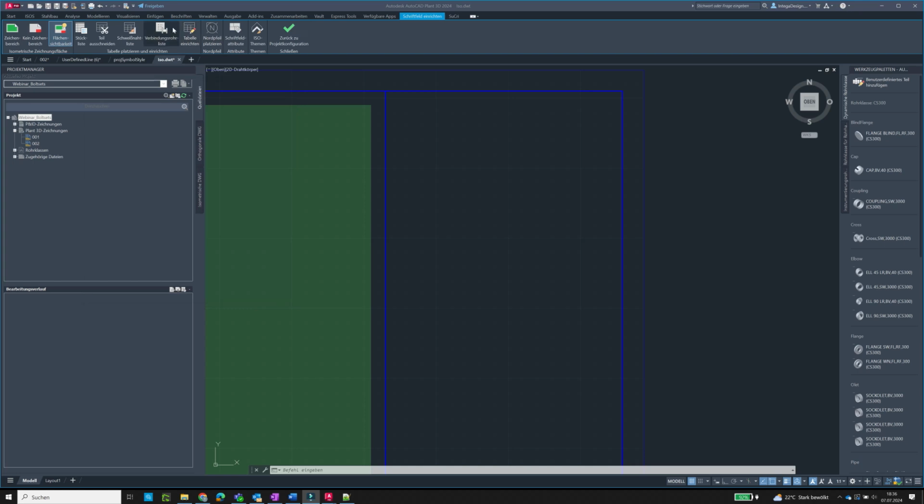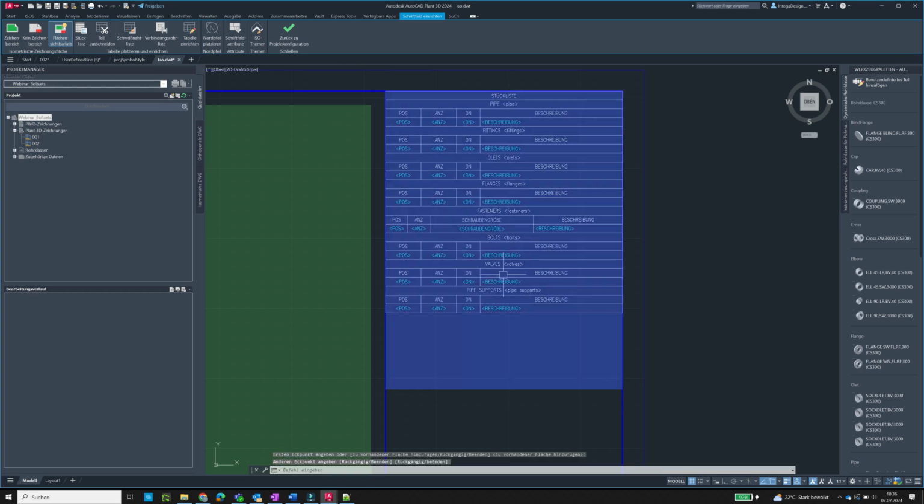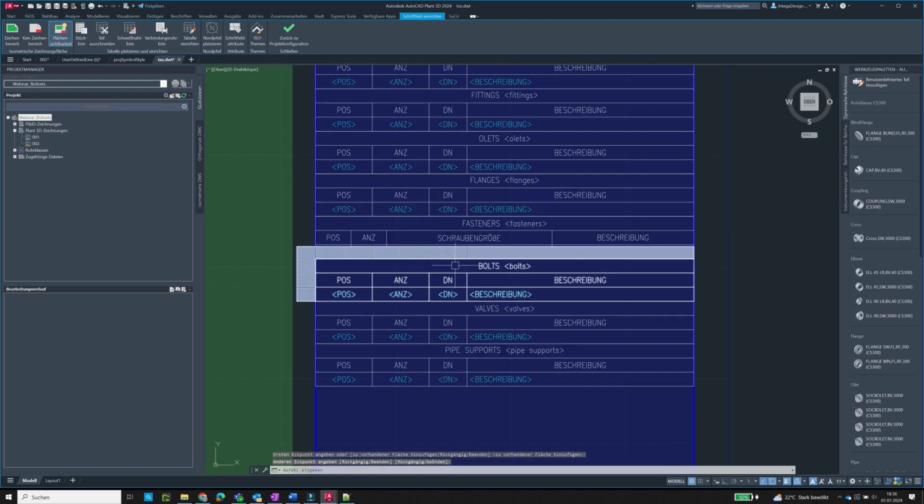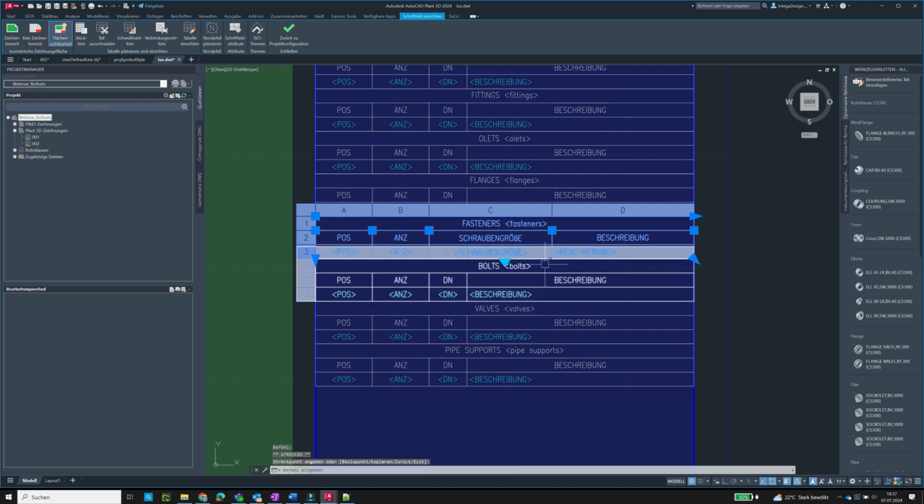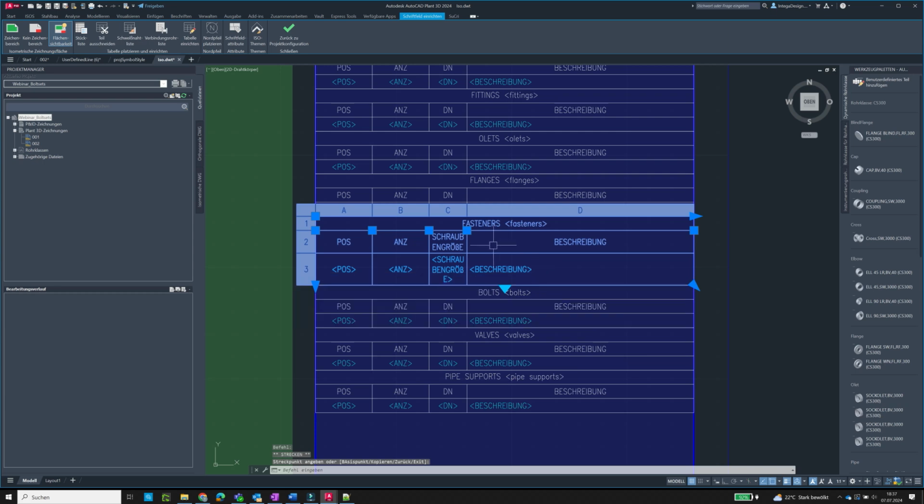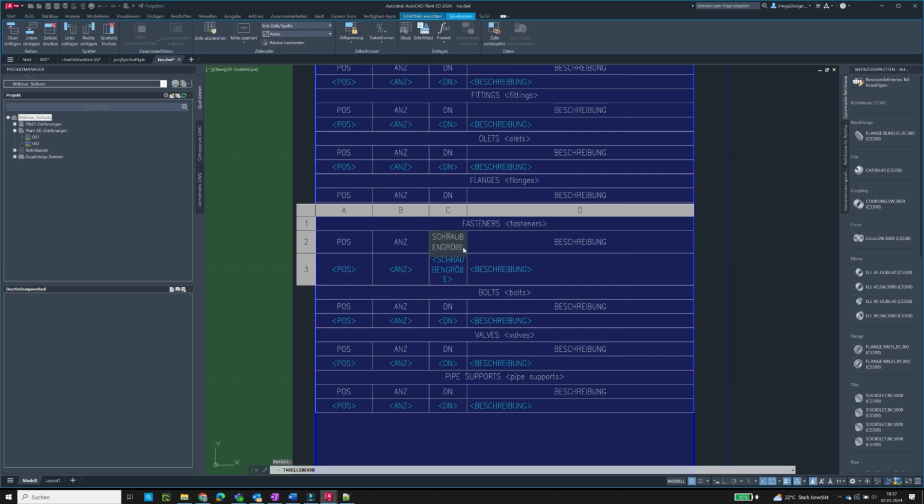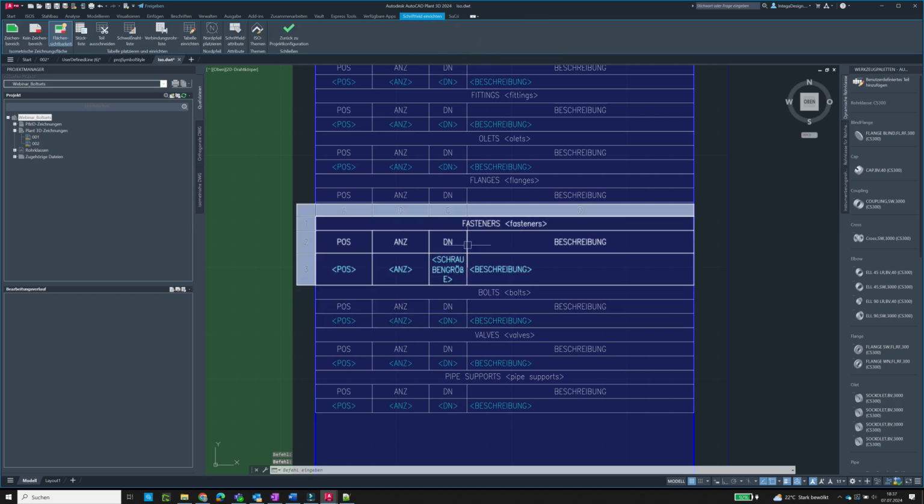And now we add it to a different class. So in my case here, fasteners, because it's the class where I can add the group. And now you can see if I create a new table, then you will see that the property Schraubengröße is already in. And now I can move the columns a little bit and rename the header here to nominal